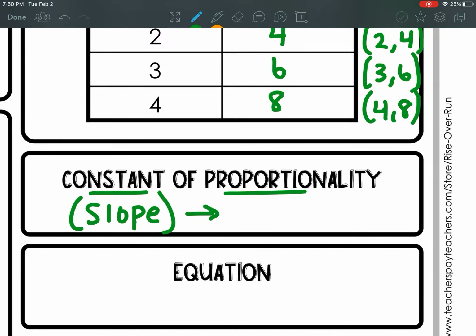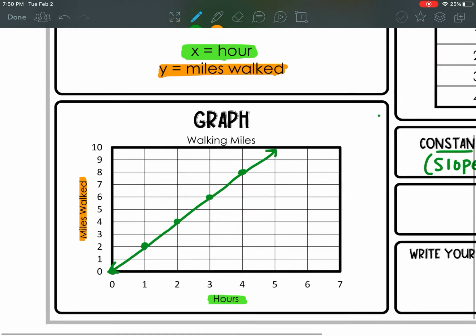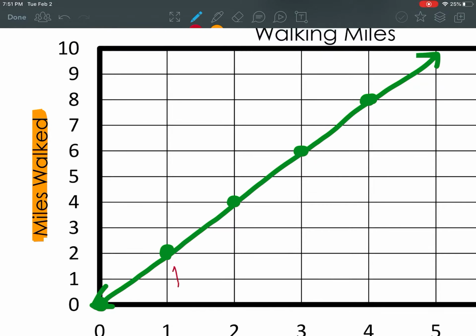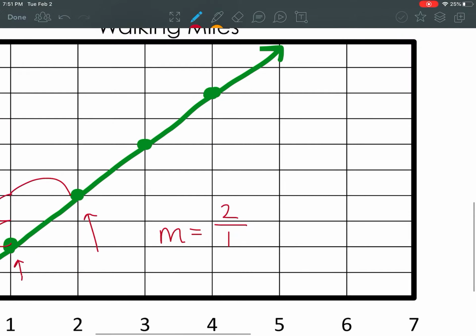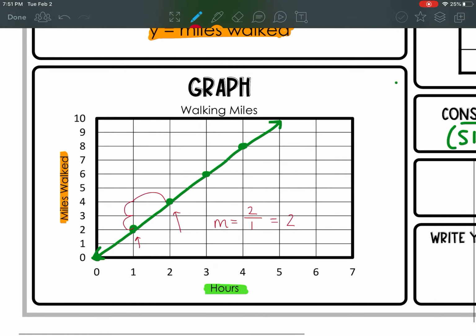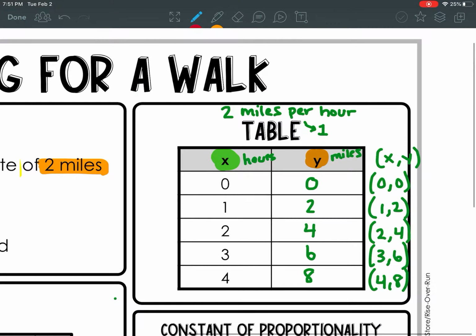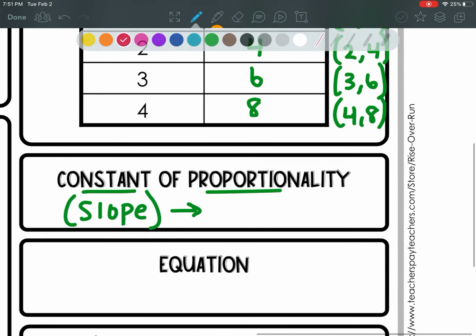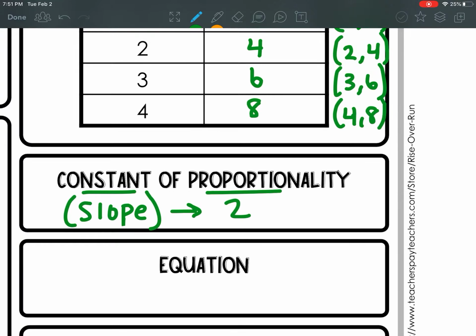Constant of proportionality. So constant of proportionality is the exact same thing as slope. So what is that slope? We could look at rise over run. So remember, rise, we would pick 2 points. Let's say we pick this point and this point. It doesn't matter. You could pick any 2 points. Our rise would be up 1, 2. That would go on the top of the fraction. Forward 1, so our run is 1. So 2 over 1, our slope is 2. That's our constant of proportionality. That matches also our 2 miles per hour. So we could find it in our table up here. So our slope